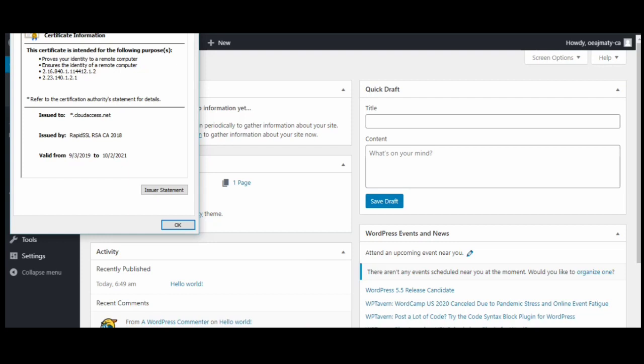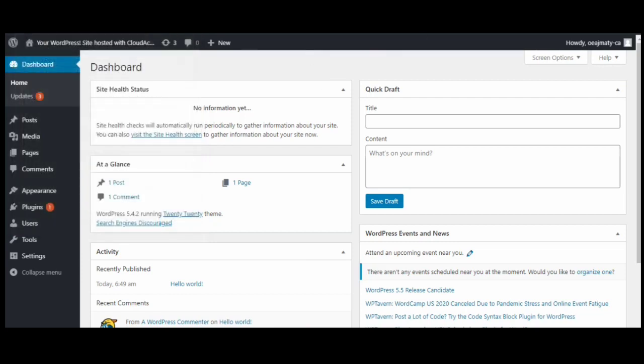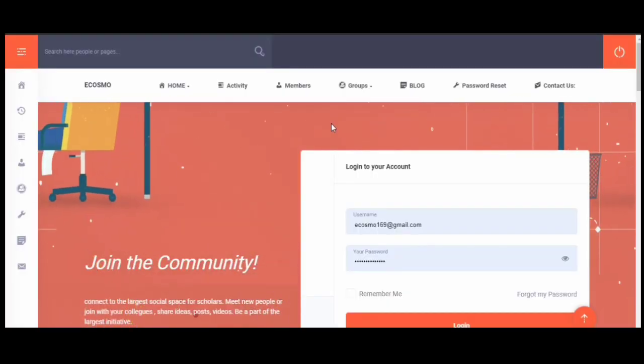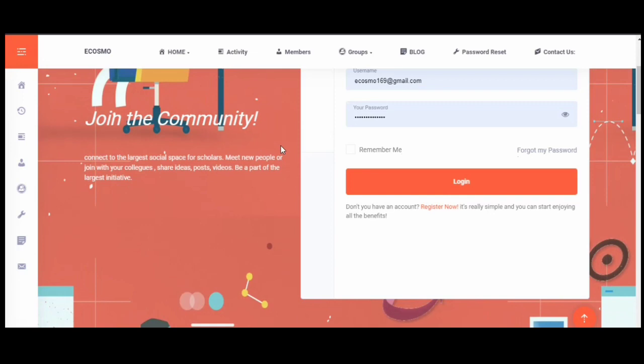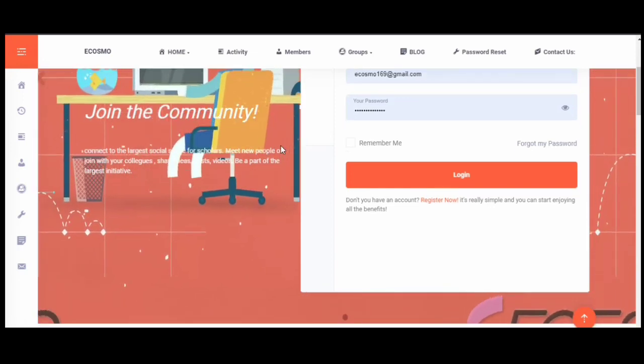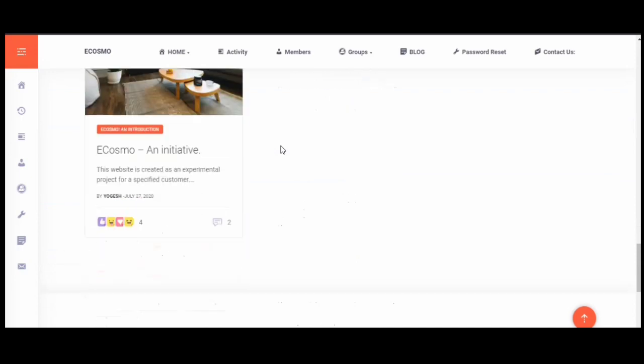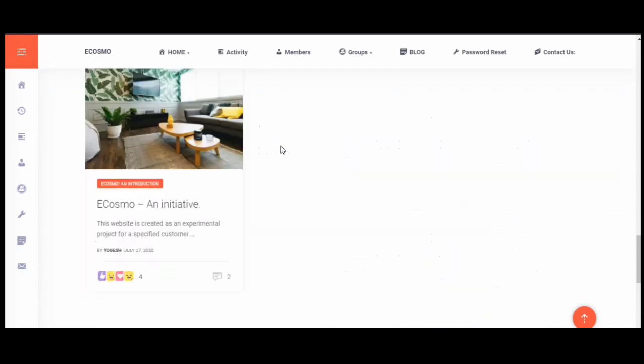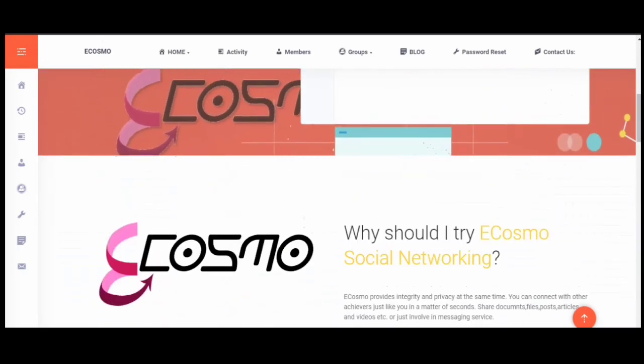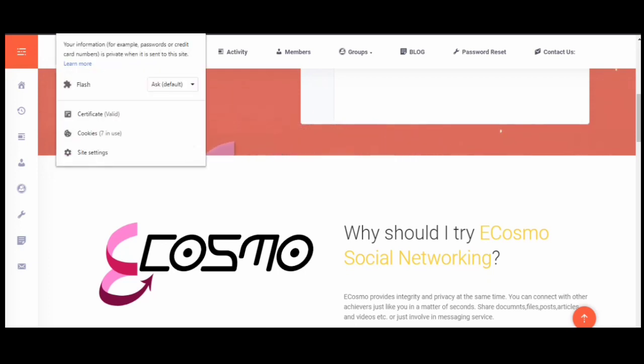Let me show you another website that I have created using Cloud Access with fully enabled SSL certificate. This is the website that I created using cloudaccess.host. Here, HTTPS has been enabled and the connection is secure. It is a valid certificate.